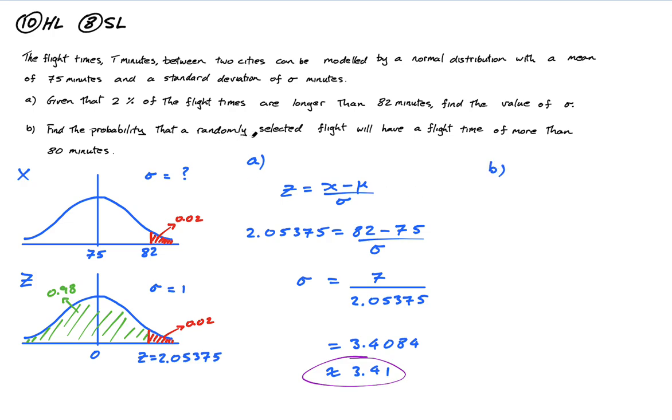Find the probability that a randomly selected flight will have a flight time of more than 80 minutes. Okay, so this is pretty straightforward, because now I just want the probability that, by the way, I should have used t for this instead of x, but it doesn't really matter. So the probability that t is greater than 80 equals